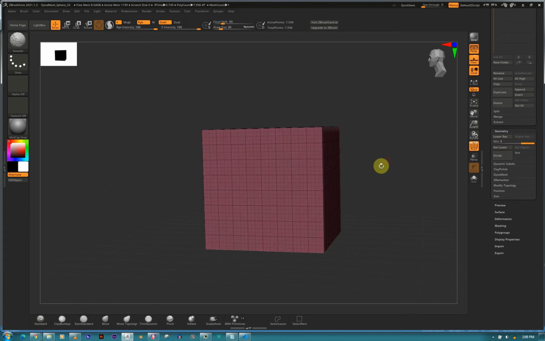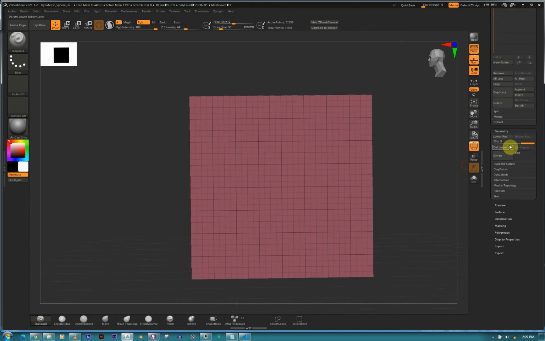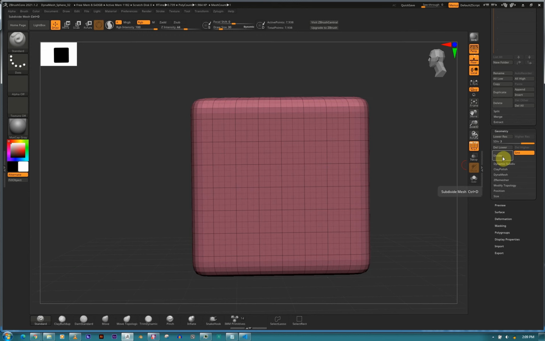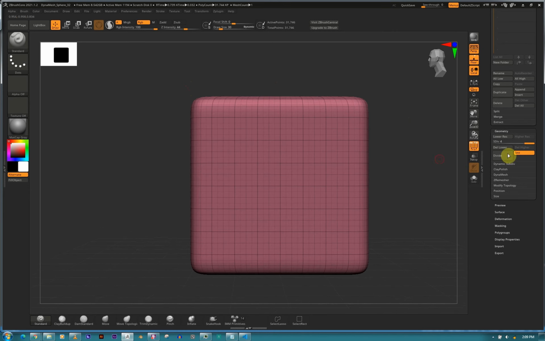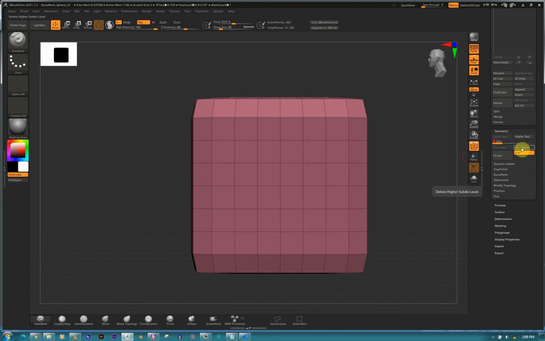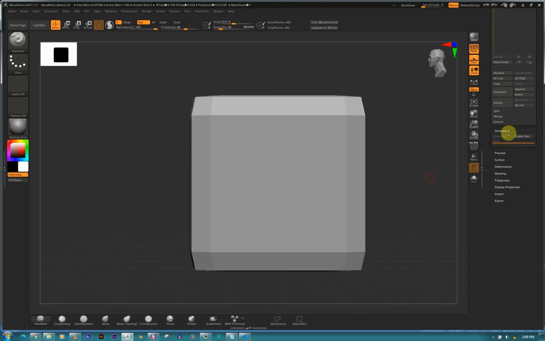Let's turn on wireframe. Smooth. If I turn this on and then divide, you see now it runs over the edge. Essentially, you're getting that bevel effect going on. That's what you're getting there. So this is a smooth modifier. So it depends what kind of effect you're looking for. Dynamic subdivisions, we're gonna go through this on